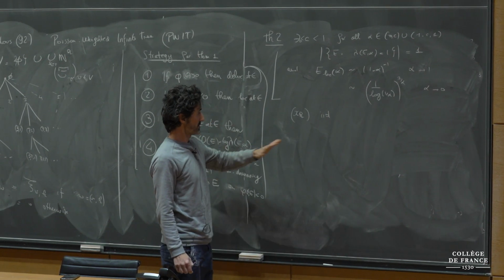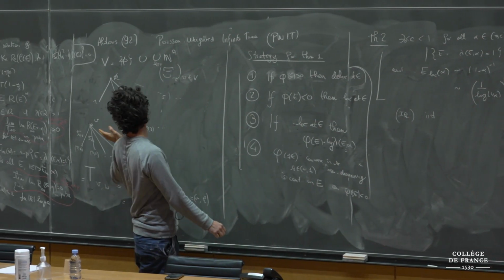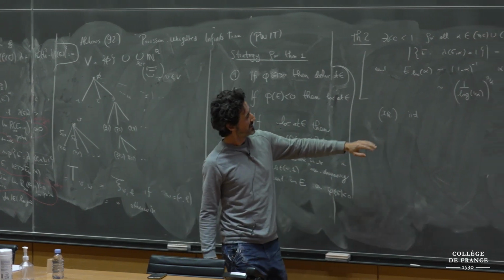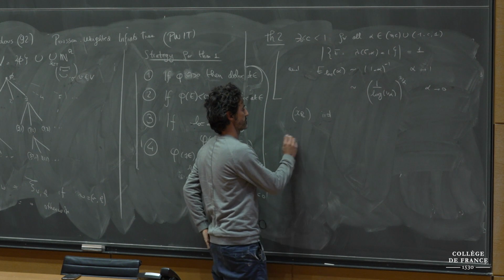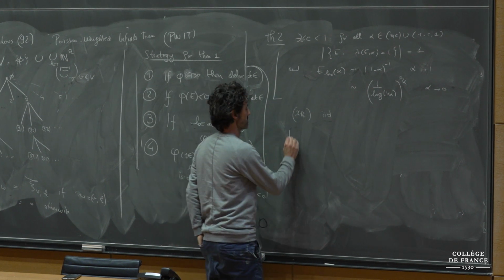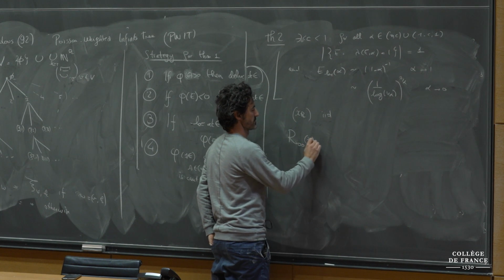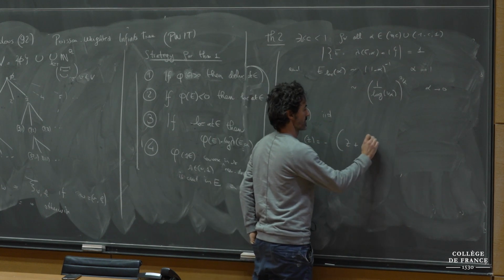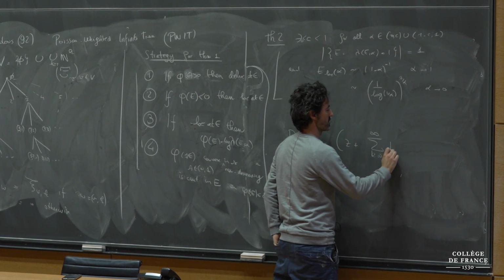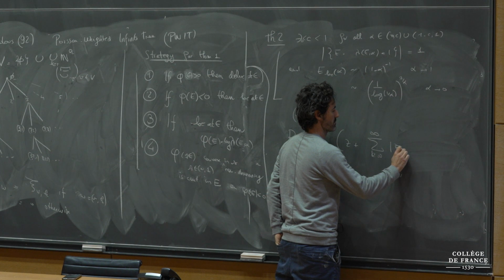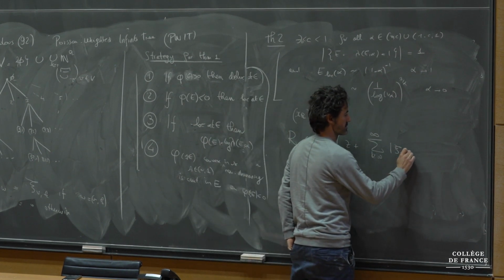But the fact that you are able to make computations rather explicit in this model is due to the resolvent: you have a recursion equation for the resolvent, which is standard on trees. If you remember my notation,